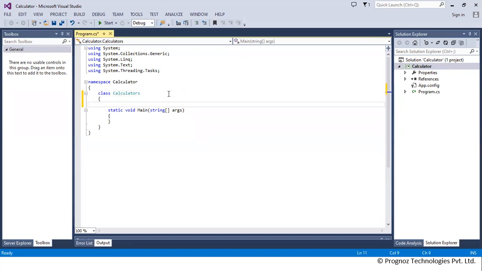So here I'm going to declare some data members. What will be the data members in the class? For example num1, num2, result. So these are about 3 data members. Then after that, I need to declare a method, meaning functions.